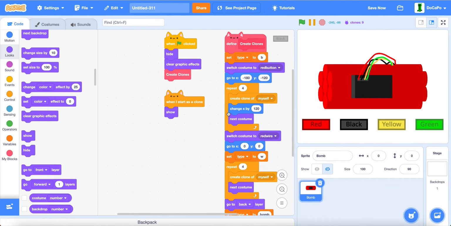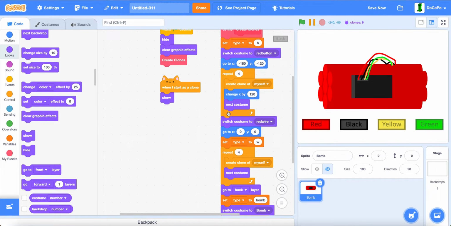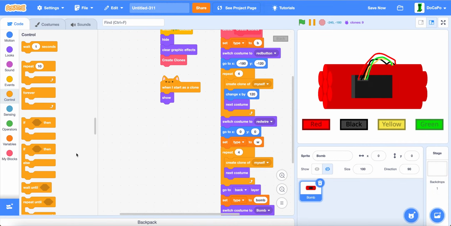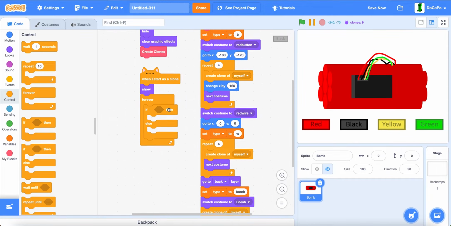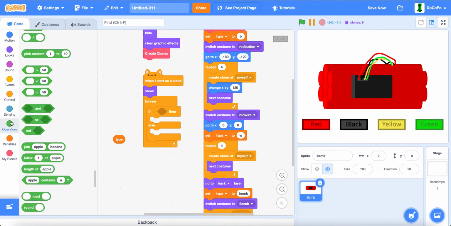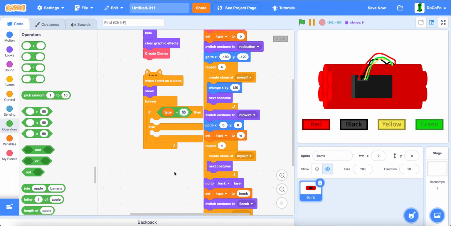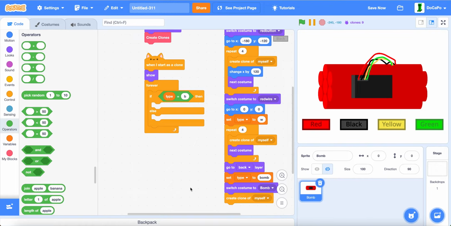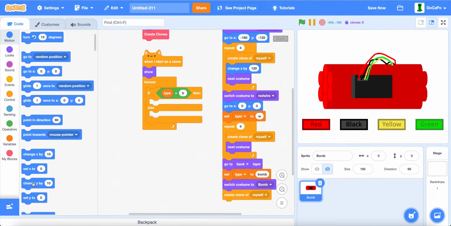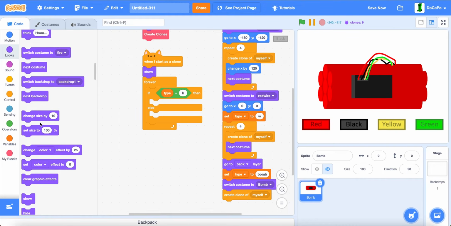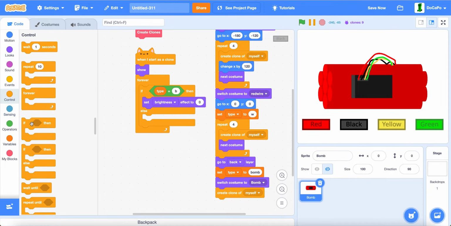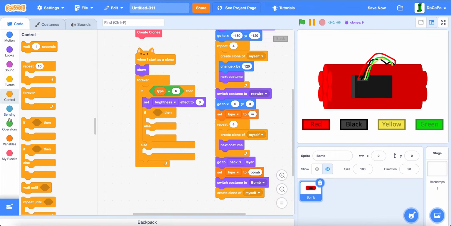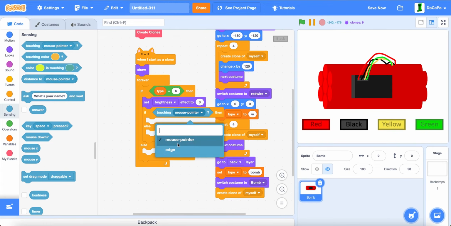Now after this, when I start as a clone, it will be a forever, then if else, type equals B for button, then we will do set brightness to 0, then an if else again, touching mouse pointer,